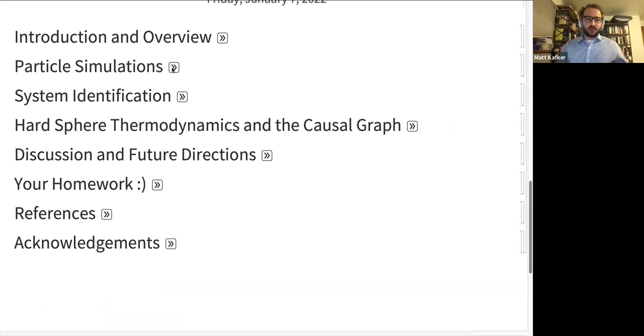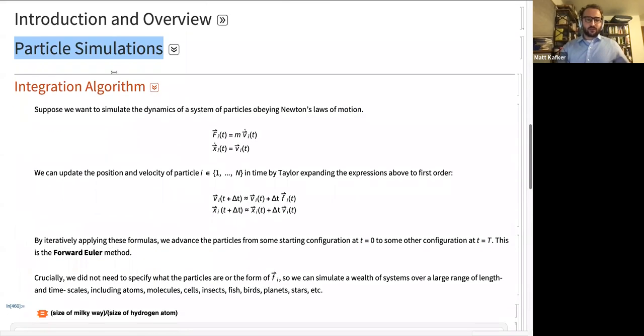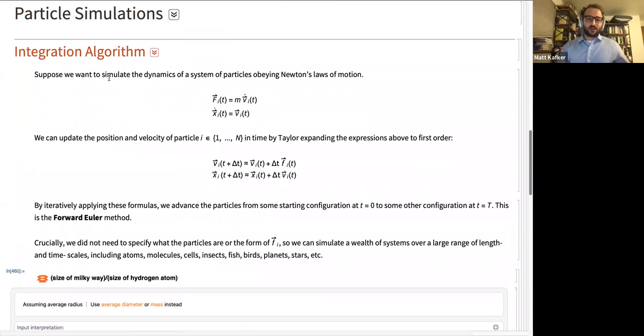All right. Okay, so the starting point for basically this entire discussion is going to be this notion of a particle simulation. So I've got a bunch of particle simulation stuff here, and I'm going to tell you about it. So this is generally what we're up to, what I mean when I say particle simulation. These things have a lot of different names depending on whose papers you're reading. They're going to be called something or something else. But basically the idea is we just have a system of particles that are obeying Newton's laws of motion.